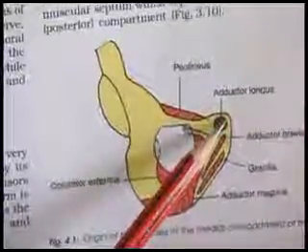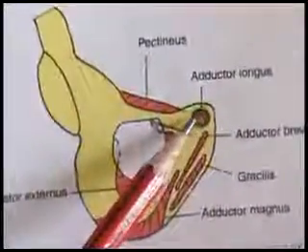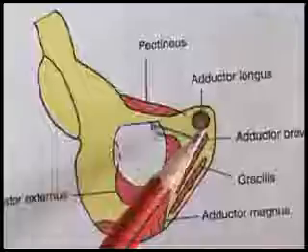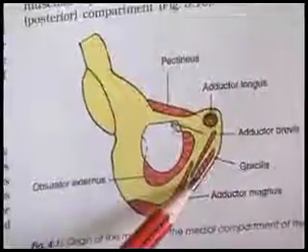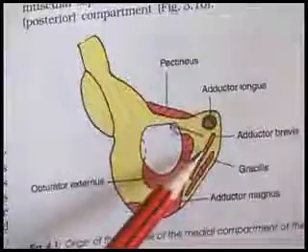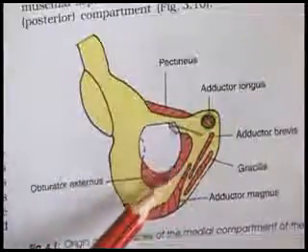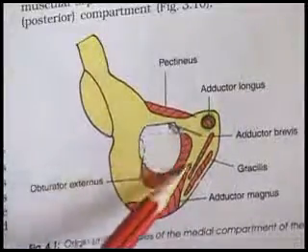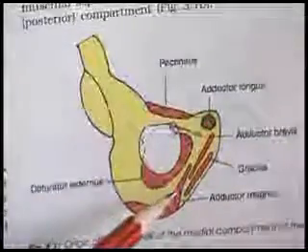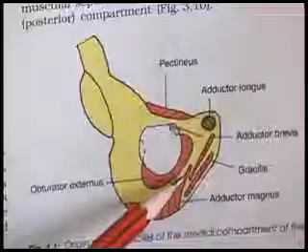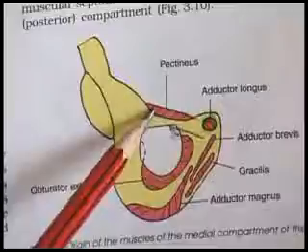In the angle between the body and the ramus, there is the tendinous origin of the adductor longus. Gracilis is along the inferior ramus. Adductor brevis is lateral to the gracilis, and obturator externus is around the margin of the obturator foramen, and still below it is the extension of the origin of the adductor magnus muscle. On the pectineal surface is the pectineus muscle.